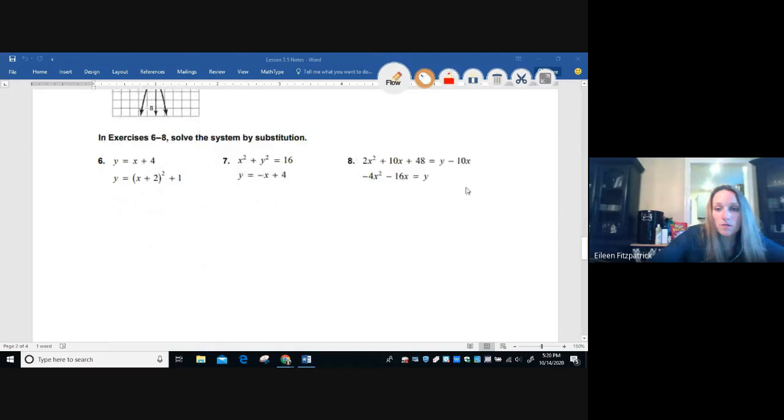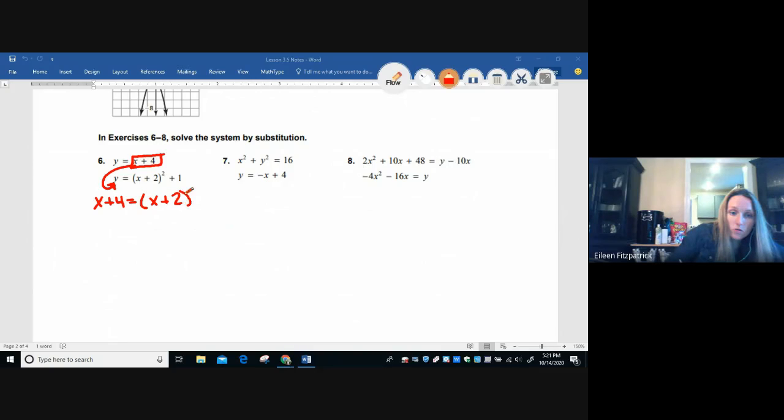So solving by substitution. So for substitution, you always want one of the variables by itself. In this case, you have 2 variables. You have y by itself, and you have this y by itself as well. You could plug this in for the y up here, or you could think of plugging this in for the y in the other equation. You'll actually get the same equation no matter what. So you're either plugging this in for this y, or you're plugging this in for this y. In any case, you're going to get an equation that says x plus 4 equals x plus 2 squared plus 1. We're going to clean this up, so we have to do the